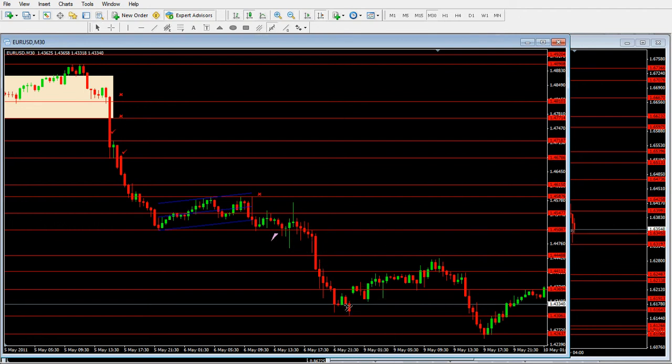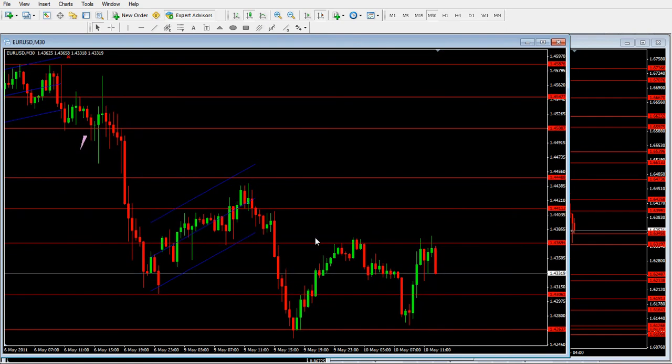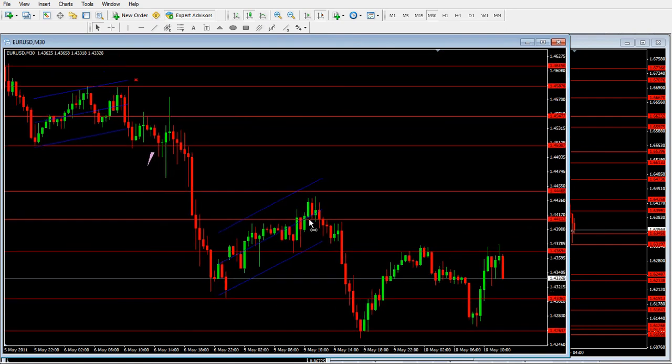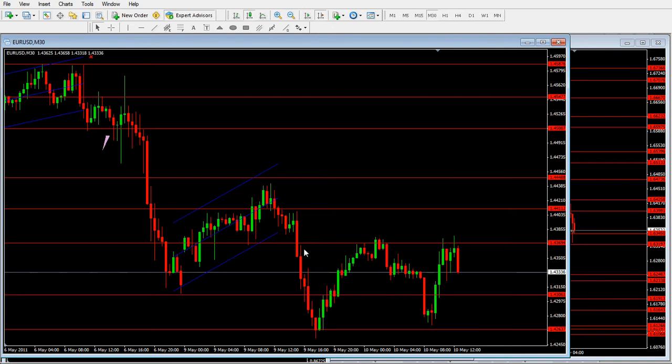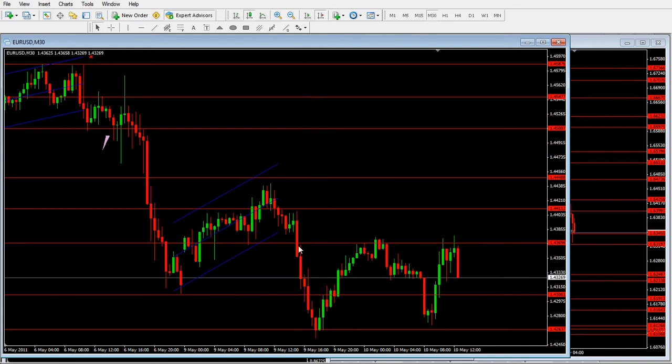So next day we had the same situation. I was talking in my analysis that we have the smaller potential of this movement before it happened, and that this move was very beautiful. This is much more risky. So even though the market moved like 100 pips, this move was much more risky,